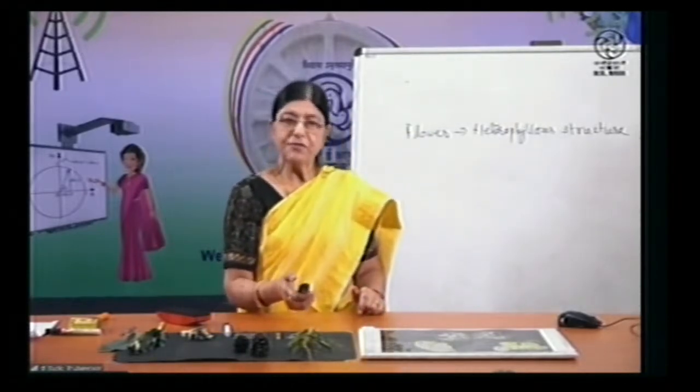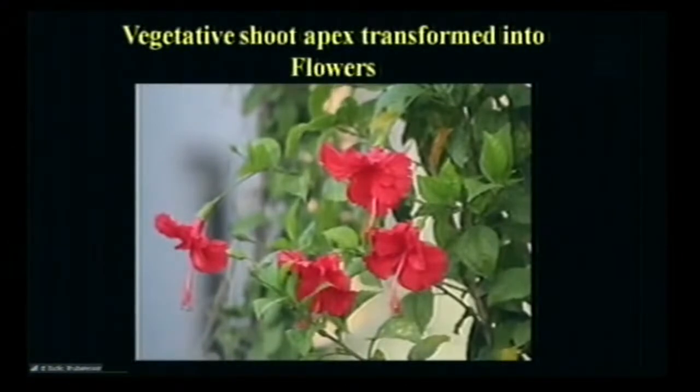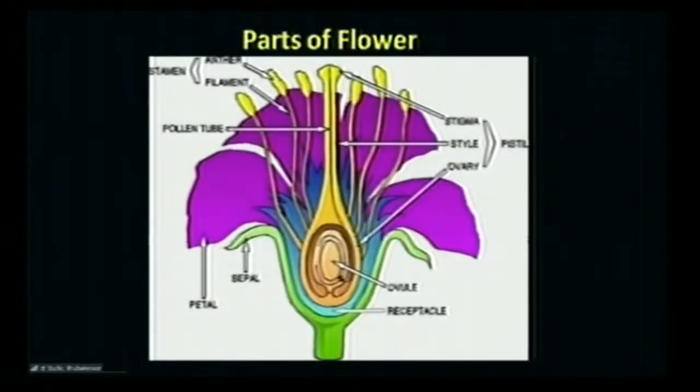So now what we see is that the vegetative apex has been converted to a reproductive apex, which is bearing flowers. So now let's come to the flower. Here all of you know that a flower has got 4 different parts: calyx, corolla, androecium and gynoecium. Calyx and corolla are associating parts and they help in reproduction. We'll concentrate our attention on androecium and gynoecium.